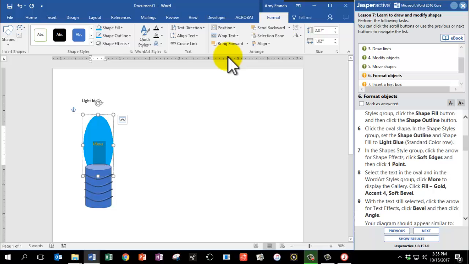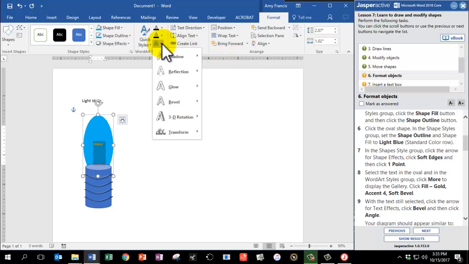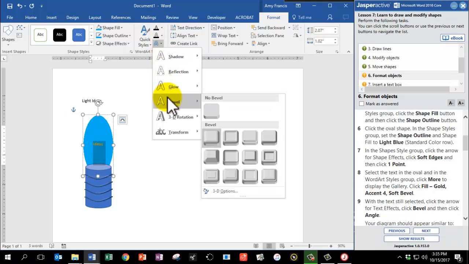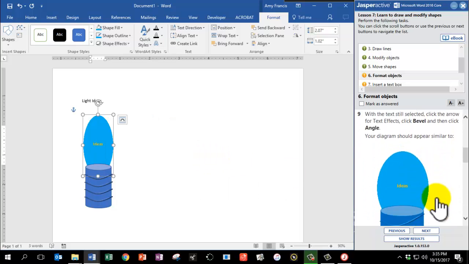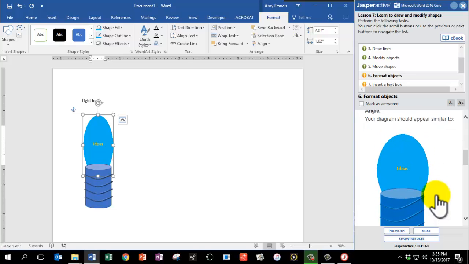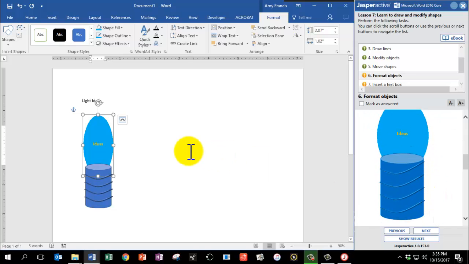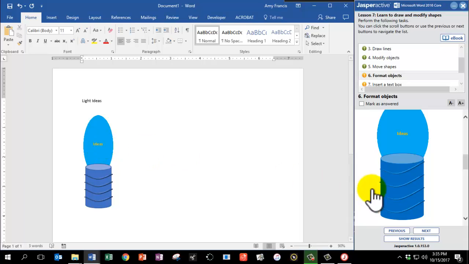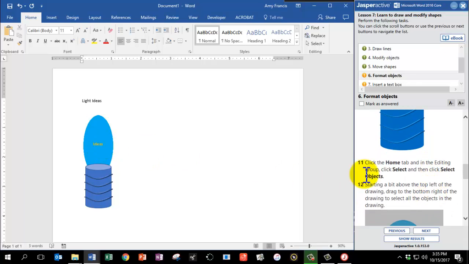With the text still selected, click the arrow for Text Effects, which is this A with a little outline there. Click Bevel, and then click Angle. That's this one here. Your diagram should appear similar to the example. It looks pretty close. Click the Home tab, and in the Editing group,